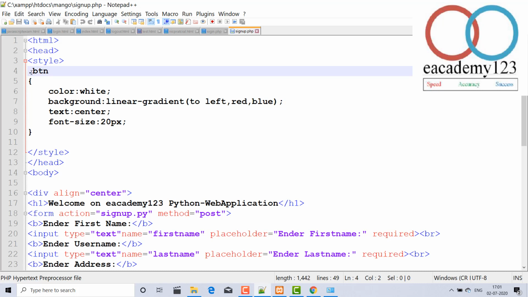Dot stands for class and hash stands for, if I write hash btn here, it means it is a function. A function has a limited scope and is implemented on limited activities, but a class has a huge scope and can be implemented on a group and so on. So inside, the color means the font color, and the background linear gradient means the color will appear gradually.